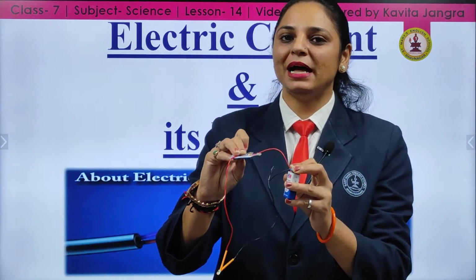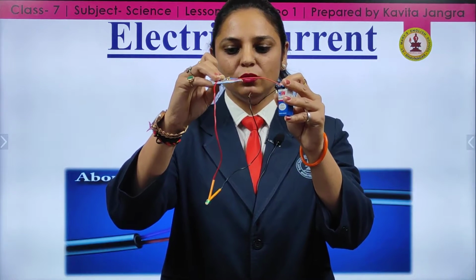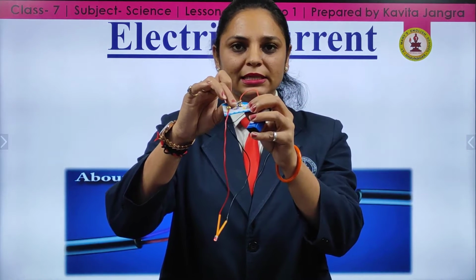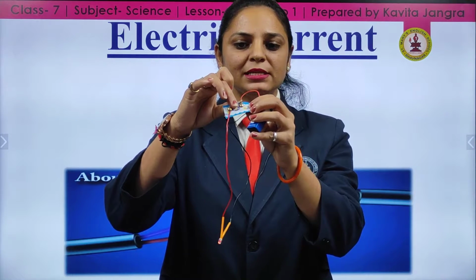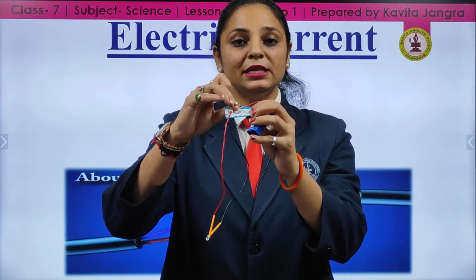Hello everyone, welcome back. I think you are all viewing what is in my hand. As you can see, this LED is glowing. On the left-hand side, I have a battery, and I have made the connection with the LED. Over here you will observe that two pins are connected with the help of a safety pin. When this safety pin is attached to this board pin, the circuit is complete and it's working.